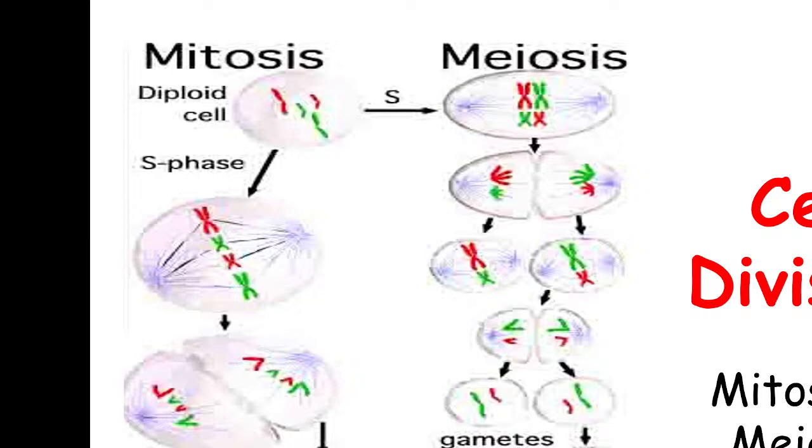What is a cell? You all know the cell is the basic unit of all living organisms, starting from prokaryotes, that is unicellular organisms, to higher organisms like humans. All these living organisms are made up of cells. So the cell is the basic unit of living organisms, and a cell is a dynamic entity, not a static entity. That means the cell is always trying to divide and produce more and more cells. Because of this cell division nature of the cell, the organism increases its size